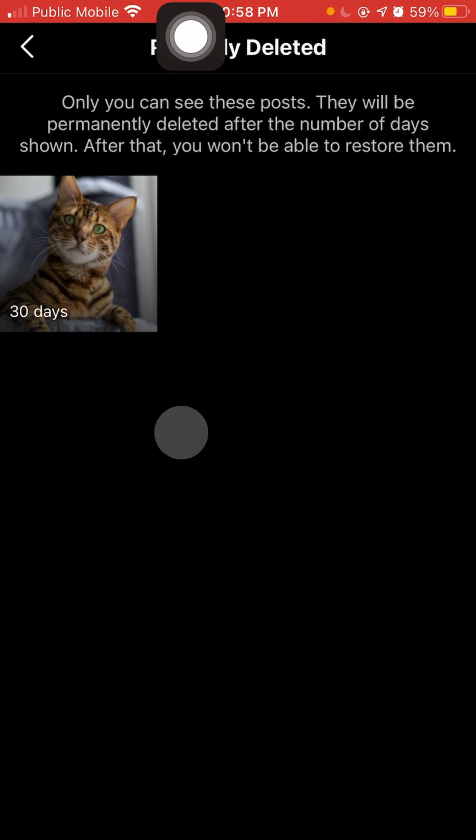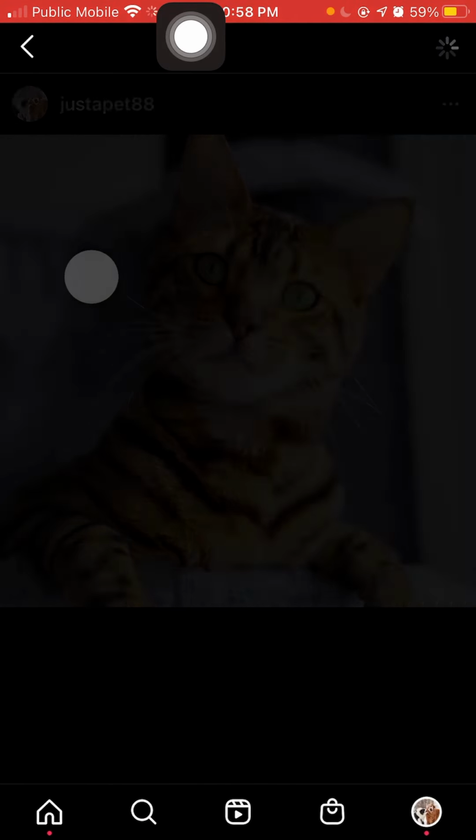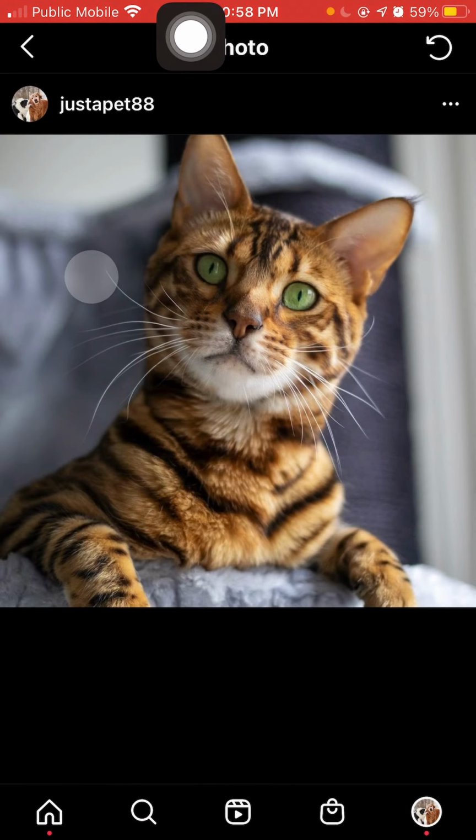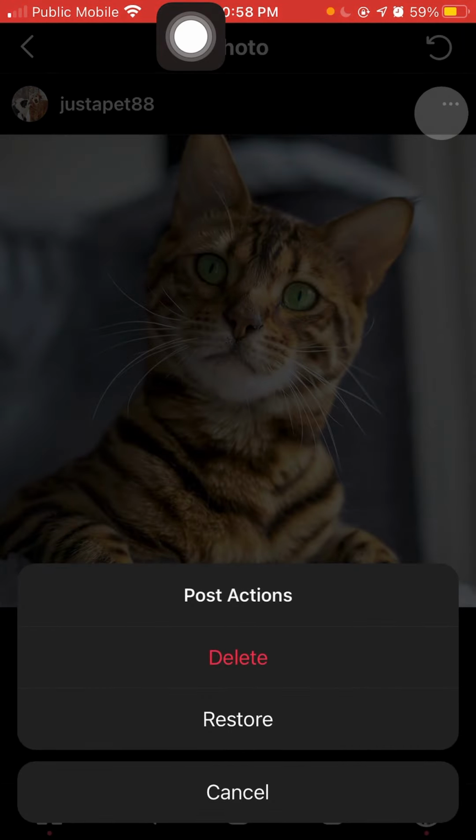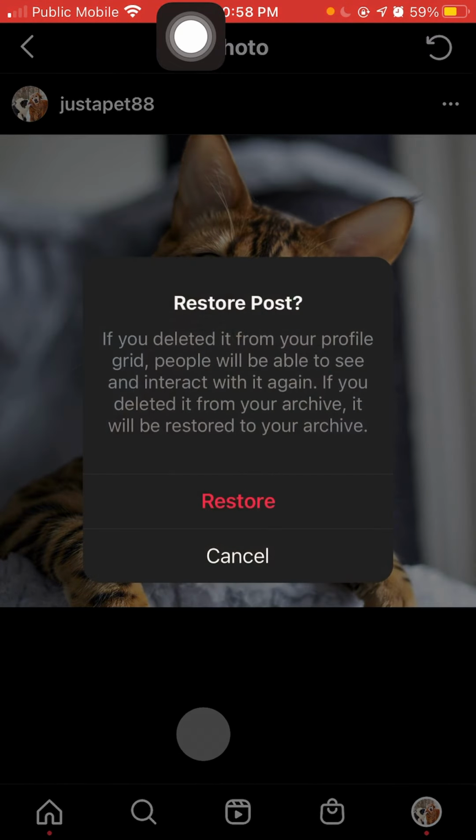Well, I deleted my cat picture today and I'll restore it. So you'll need to click on the three little dots right here and click restore. Make sure to not click delete it, because if you click delete it, the pic will be deleted forever. So click on restore,